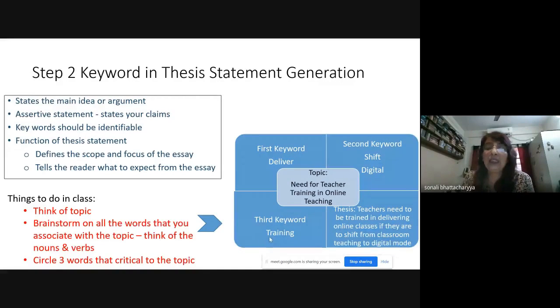The fourth keyword here is training, because I will be expected to train my learners through this digital mode. So this is how you get your learners also to identify all the different keywords that kind of surf in their minds while they are thinking about a topic. So once they have a web cluster of all these keywords, okay, tell them, look at